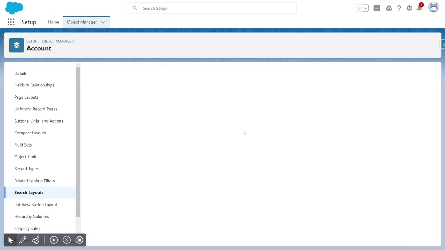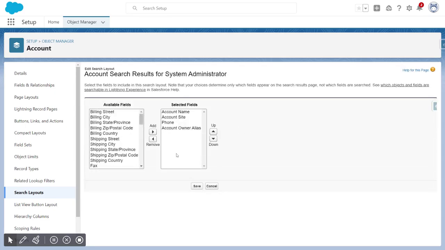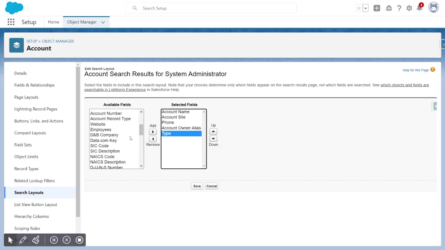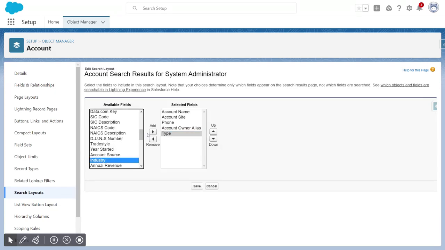And over here I can see the selected fields are account name, site, phone, and owner alias. So these are the ones that we saw in our list view and our search view. Let's say I want to add account type, and I also want to add industry,